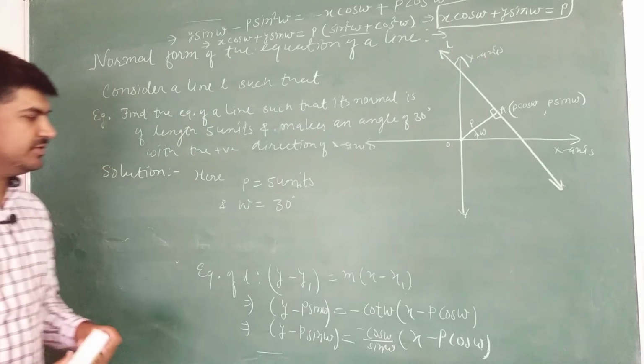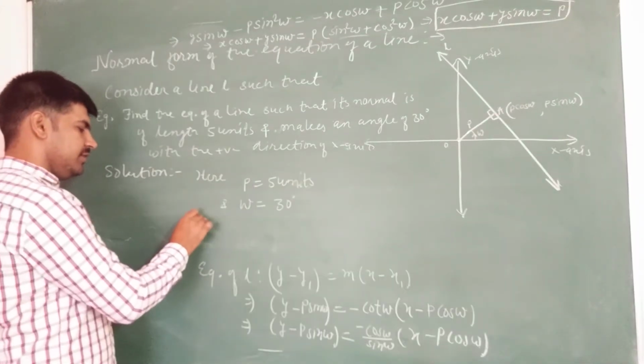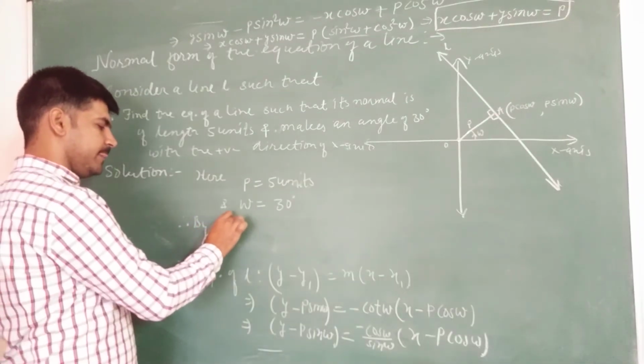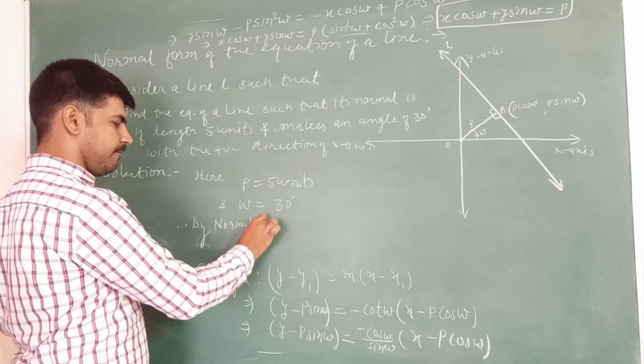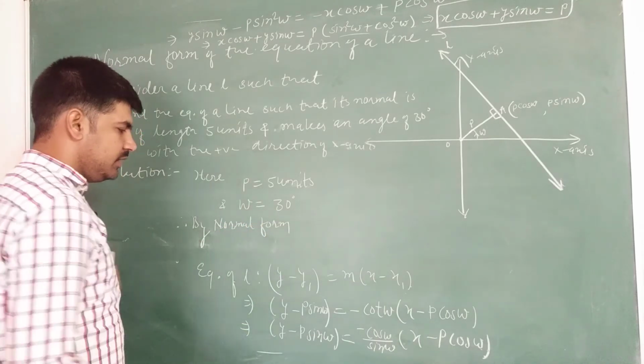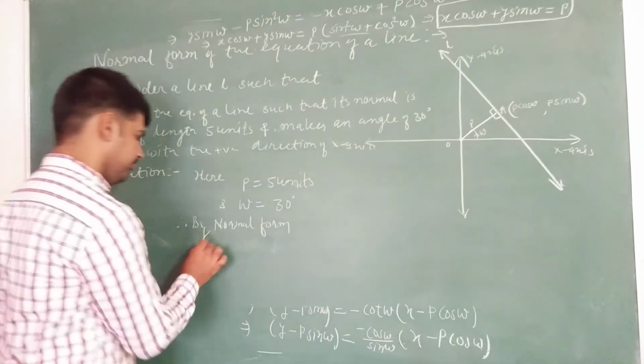These two things are given. Therefore, by normal form, equation of the line